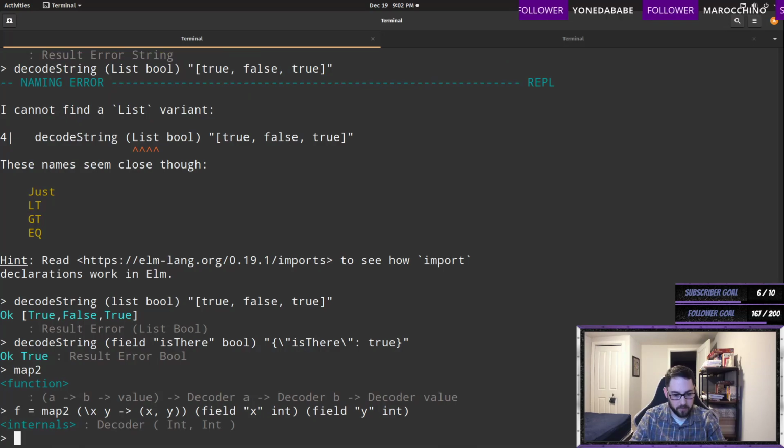That's our decoder for 2 integers, basically. But that's as a tuple, which is kind of weird, right? Like it's decoder int, but it actually operates on the following code. So if we write decode string f, and then we need to generate the JSON for this. So x1